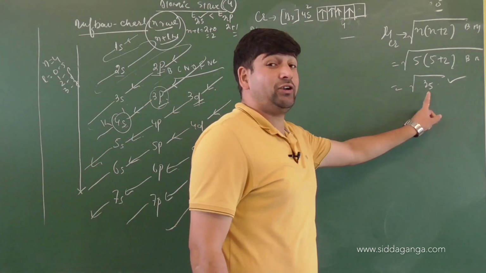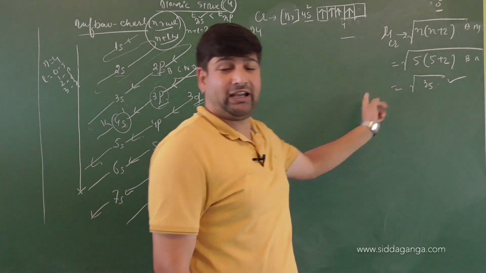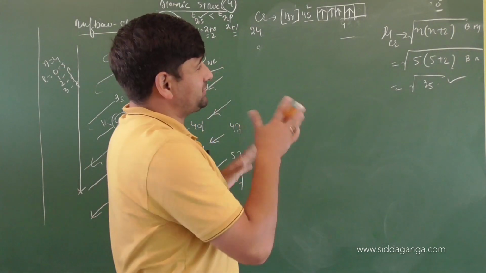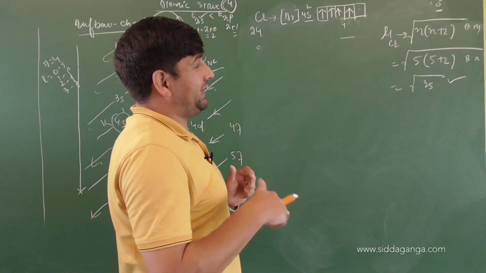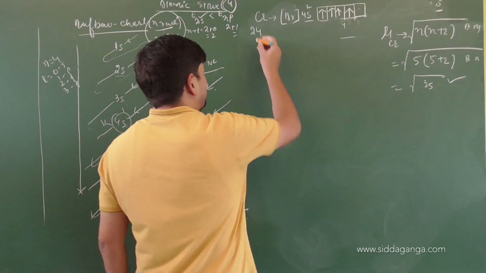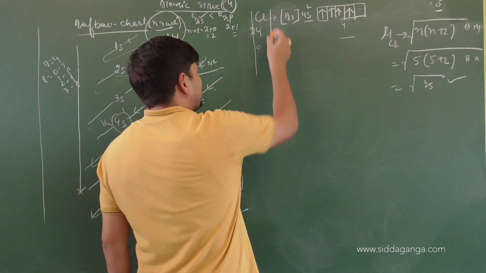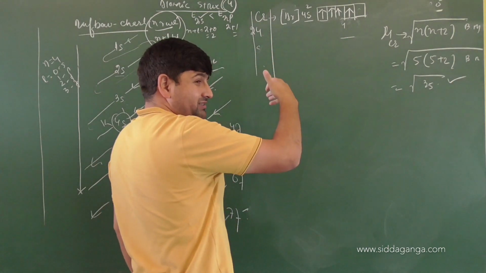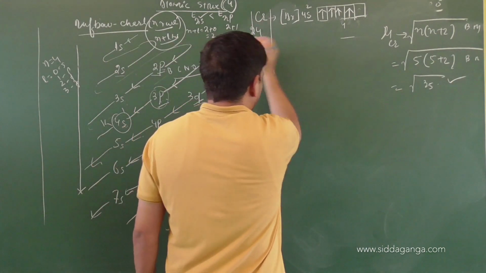So I am taking only d into consideration. Because of d only it is more stable, and there will be one more unpaired electron from s. Am I clear here? This is the reason why the calculated magnetic moment and actual magnetic moment will differ in chromium. Now let's have a look on copper. All the elements which are present in the chromium group will exhibit similar properties. Clear? Now let us see the next one.